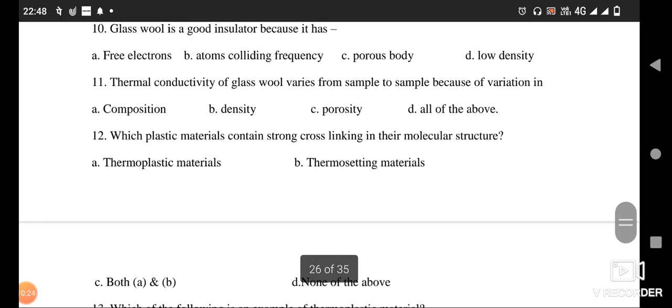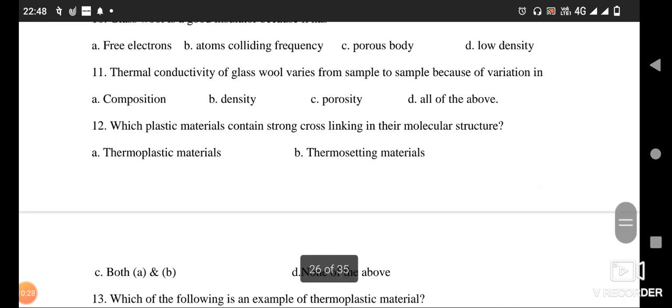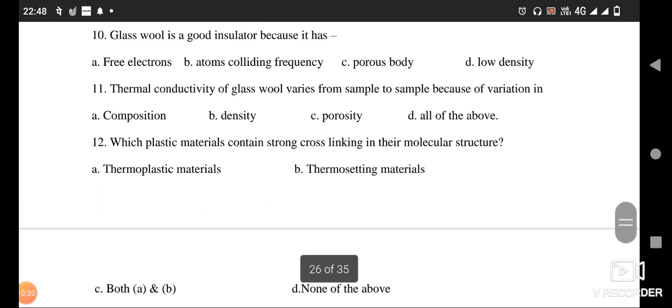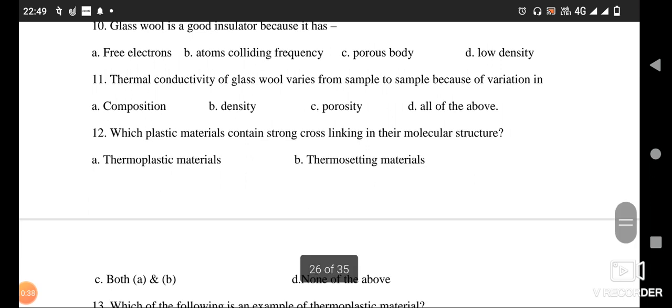तो यहाँ पर ऑप्शन नंबर डी, ऑल ऑफ द अबव, ये करेक्ट आंसर है, क्योंकि ग्लास वूल का कंपोजिशन, डेंसिटी या फिर पोरोसिटी, ये सारी चीज़ें ग्लास वूल की थर्मल कंडक्टिविटी के ऊपर अफेक्ट करती हैं। तो यहाँ पर करेक्ट आंसर ऑप्शन नंबर डी होगा, दैट इज़ ऑल ऑफ द अबव।